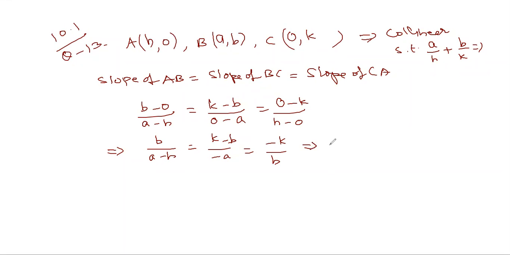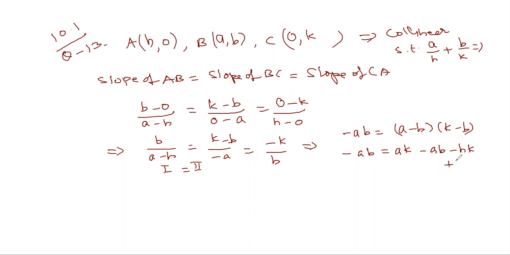If we take first and second side, we will get minus ab is equal to a minus h into k minus b. Equating first and second side, so minus ab is equal to ak minus ab minus